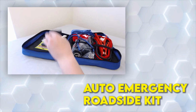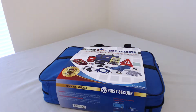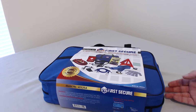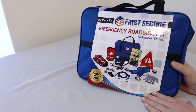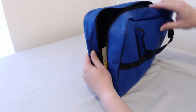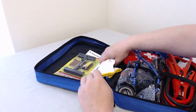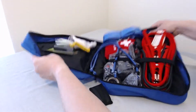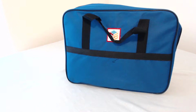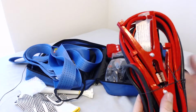First Secure 90-piece Auto Emergency Roadside Kit. The Defender Series 90-piece Emergency Roadside Kit is a comprehensive package designed to provide peace of mind for motorists. Priced at $59.95 on Amazon with Prime shipping, this kit offers a plethora of tools and accessories essential for handling roadside emergencies. The sturdy nylon carrying case houses an array of items including a 10 tons, 300 amperes jumper cable,